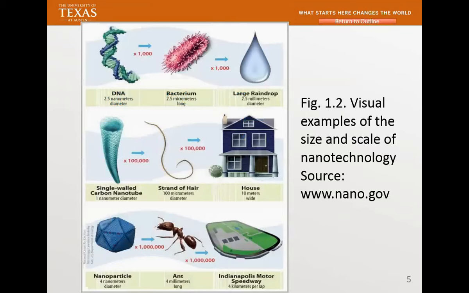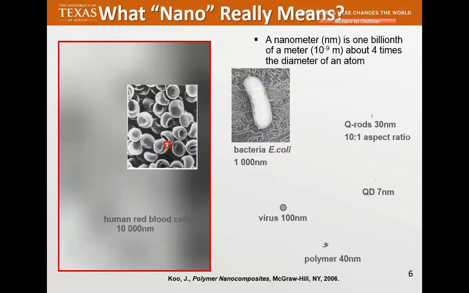In our daily life, you see, this is actually an ant, which is 4 millimeters. But when you talk about some of these nanoparticles I'm going to introduce to you, one of the dimensions is nano size. Okay, so this is a good example that came from 2006, my first book, that we use. Human red blood cells are 10,000 nanometers. That's very large. And then you come to the bacteria E. coli. You probably heard of E. coli. It's the one that gets you sick when you're eating not-clean salad.